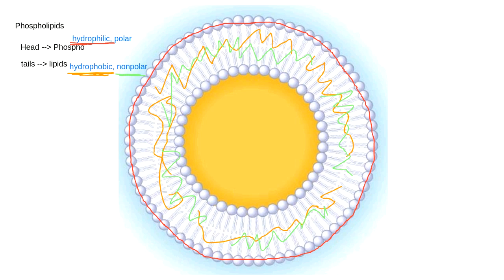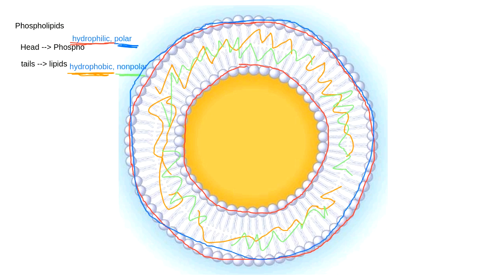Okay, those are hydrophilic, and we could also then make our polar stuff blue. The blue and the red overlap. Big idea: the blue and the red overlap. Polar and hydrophilic always overlap. And non-polar and hydrophobic, they always overlap. When I talk about the phospholipid bilayer, these two layers of phospholipids that come together to make a barrier to